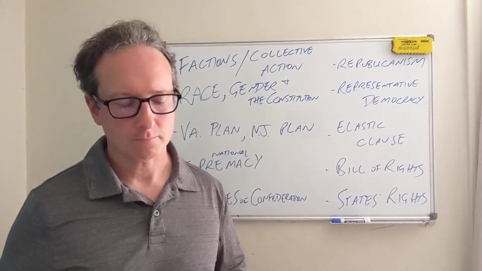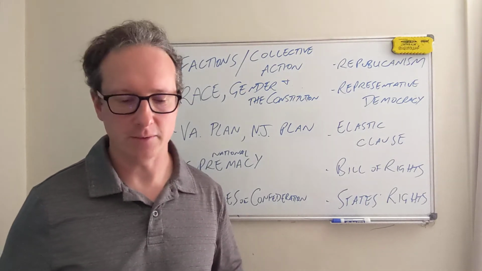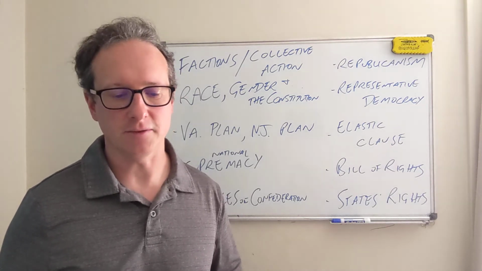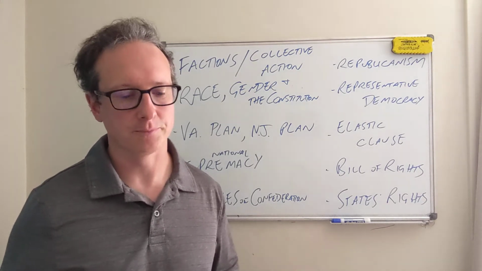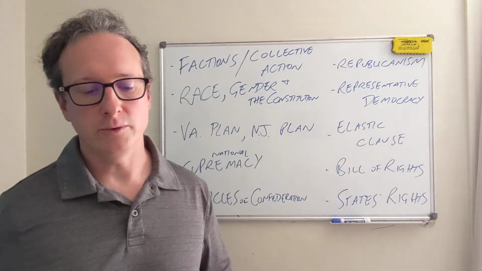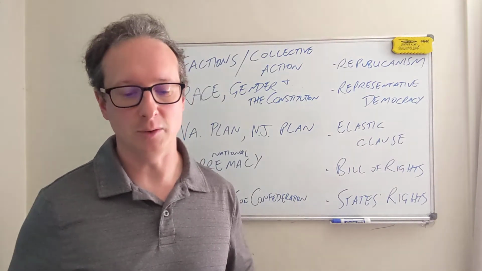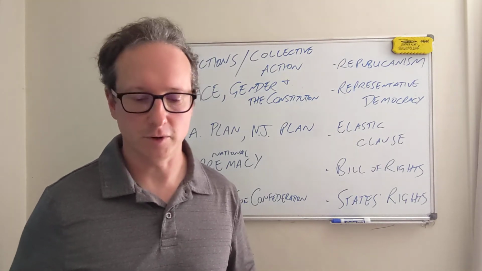But what each state had to do was create a new assembly just for that one purpose and elect new representatives in whatever way they saw fit to go and debate the new Constitution and vote, either yes or no. They basically had to create a whole new legislature, hold elections, and hold a session in one year just to vote on this one item, which of course was important.